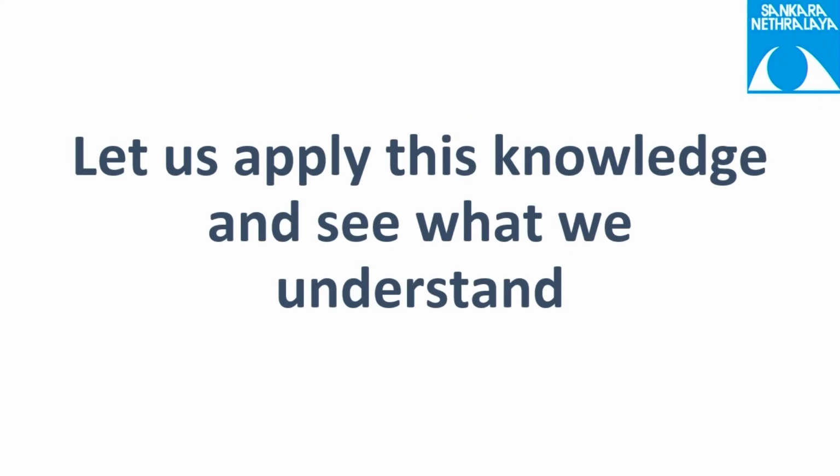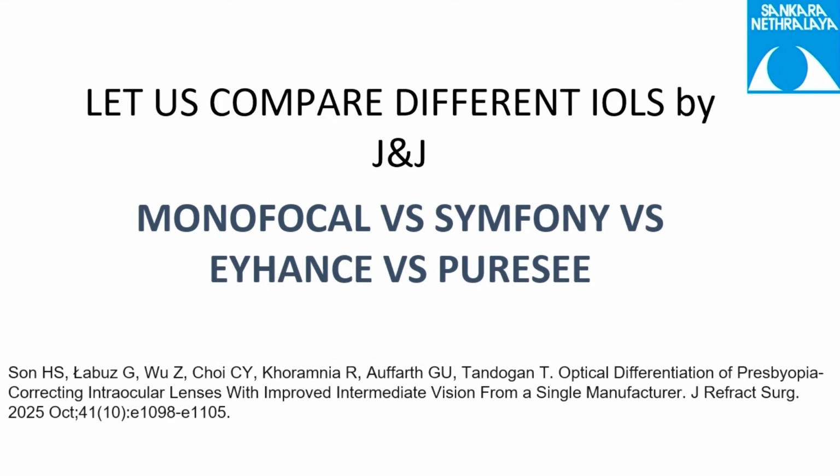So now that we know this, why don't we try and apply these values in a few studies and understand what inference we can draw from them? So now we are here to discuss the outcomes of the Pure C IOL, and a literature search showed a couple of studies, out of which I've taken 2 studies. This is the first study that is comparing these 4 lenses by J&J: the Technis, Symphony, Eyehance, and Pure C. So now that Kunjal has told us how to look at these graphs,